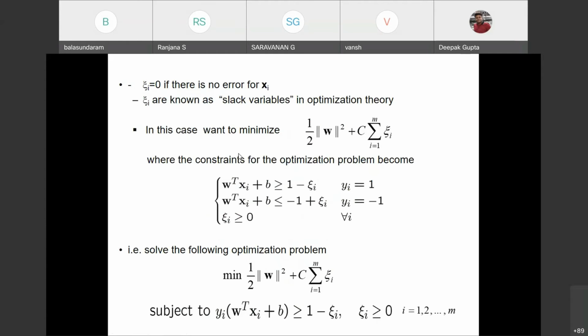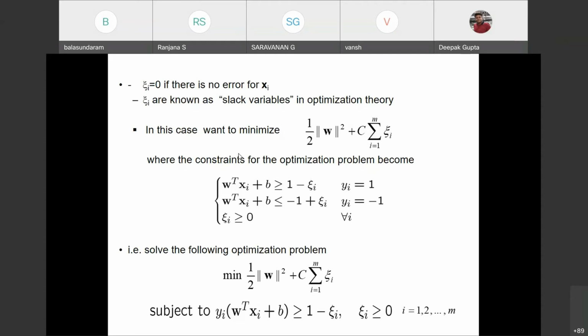Zeta 3 may be strictly positive or it may be 0. If it is equal to 0, it means that the point is coming in the right place with respect to the parallel plane. If it is strictly positive, it means that it is coming on the wrong side. So we wanted to not only